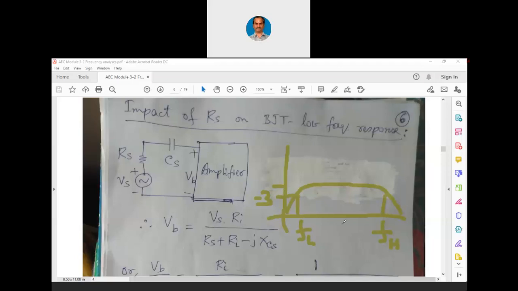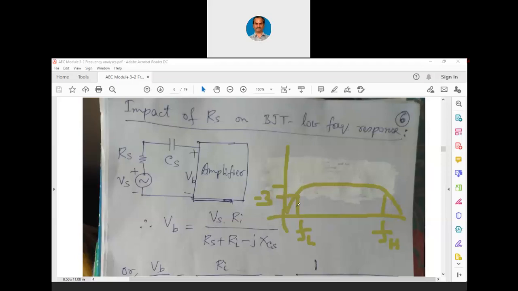Now yesterday we solved an exercise in which, for the input capacitance, the output capacitance and the emitter capacitance, we had three frequency values. In yesterday's exercise, I mentioned that the emitter capacitance is the one which is deciding the low frequency response. Why? The reason was, when we considered the emitter capacitance, we got the highest value of frequency. So I told you yesterday, right from 0 when we start, we are gradually rising up in this frequency response and we get a maximum gain here.